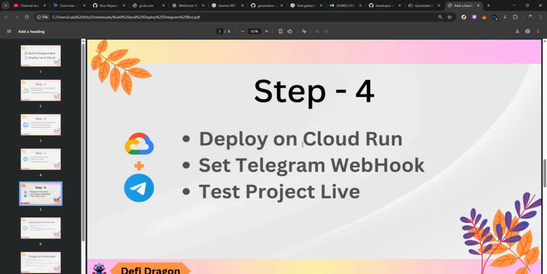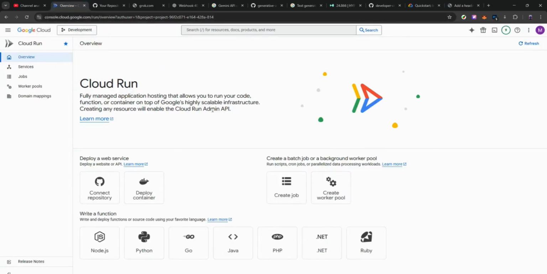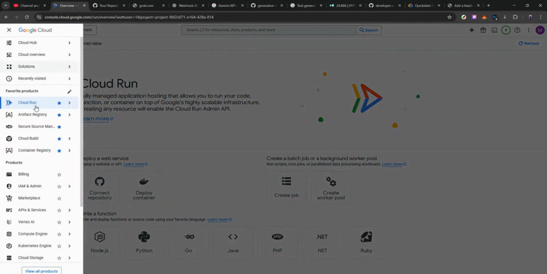Before doing this, we have to make some settings on Google Cloud. It's very important. You must enable the API services,